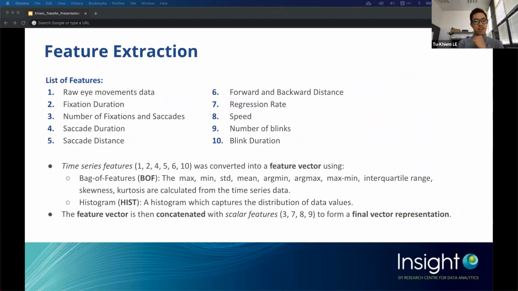Based on that insight, and with reference to the related literature, I consider a list of 10 features from our movement data, as shown on screen. There are features that are time series data and scalar data. For the time series data, I further engineer them to convert them into a feature vector using the bag of features, which has the statistical functions. The second way is to use the histogram to capture the distribution of data values. And the feature vector from the time series data will be concatenated with the scalar features to form a single